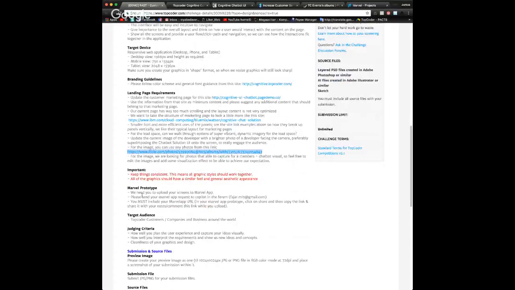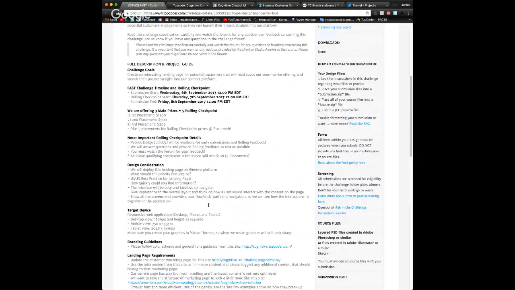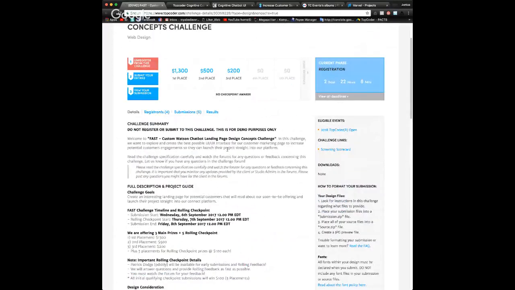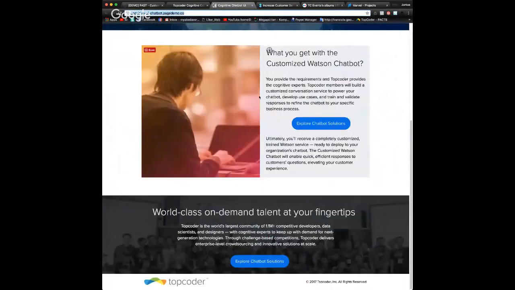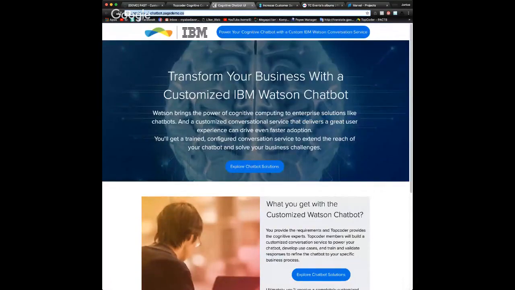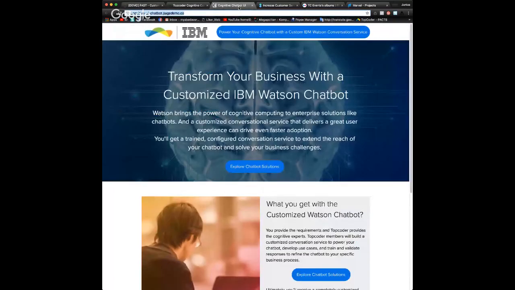Okay, important, keep out. Skip Marvel prototype. Okay, that's the problem. Target audience. Okay, judging. For my first challenge, it's about to redesign this page. Only one page, I guess. I think this is for beginners. This is the best practice for you to jump into this challenge. This is kind of quite easy, but